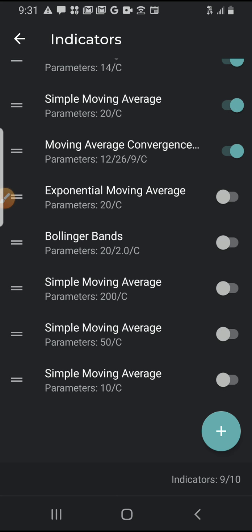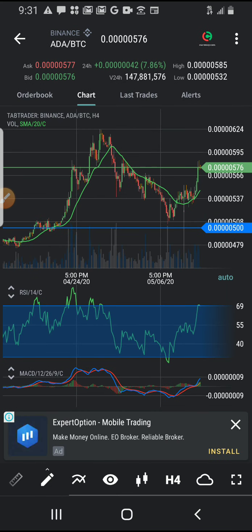So the next one is what we call... okay, we've covered relative strength index. We've covered almost everything. The next one is